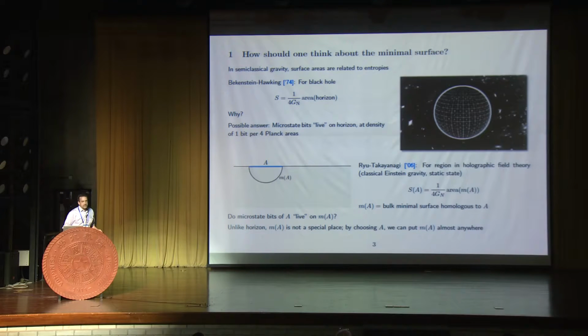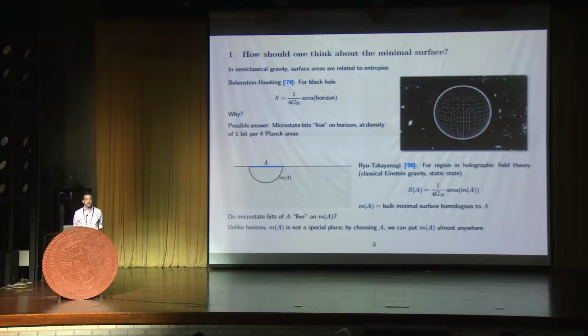Okay, so I'm actually going to start with an important precursor to the Ryu-Takayanagi formula, namely the Bekenstein-Hawking formula. And if you ask this question, why is the entropy proportional to the horizon area? Well, one kind of obvious answer that pops into mind is simply that for some reason the bits which encode the microstate of the black hole, of which there are S, up to some factors of log 2 that I'm going to ignore in this talk,